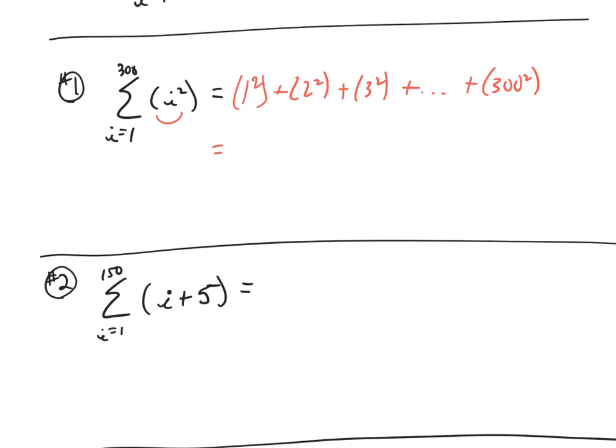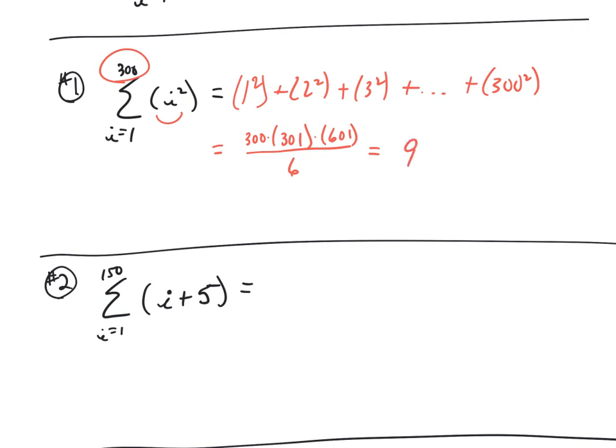All right, so that's our shortcut number 3, a variable squared. What the shortcut says is, take the top number, multiply by the top number plus 1, so 300 plus 1 is 301. Multiply that by 2 times the top number plus 1. 2 times 300 is 600, plus 1 is 601, and then divide by 6. When I use my calculator to punch that out for everybody, 300 times 301 times 601 divided by 6